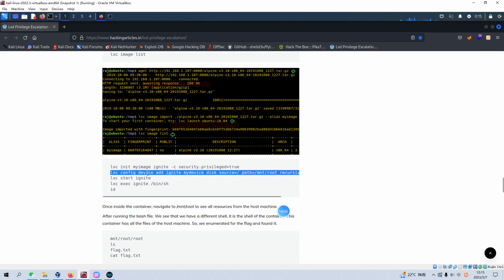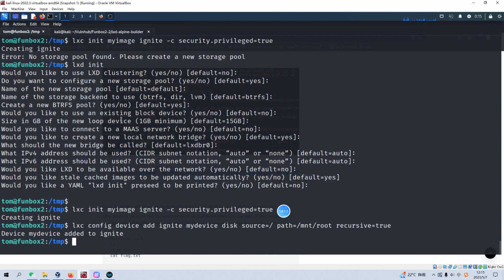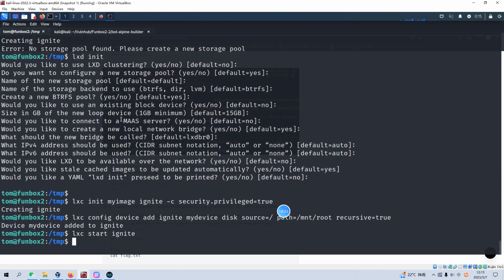We need to run the next command. Now we can start our container. The container name is ignite. Now we can run this container, and the command we need to run is